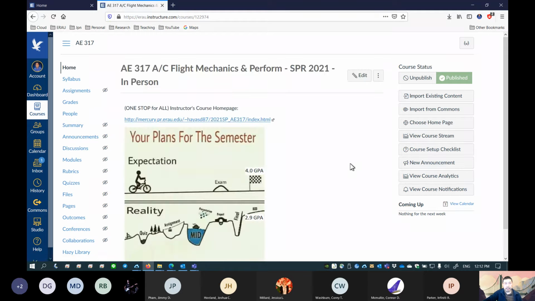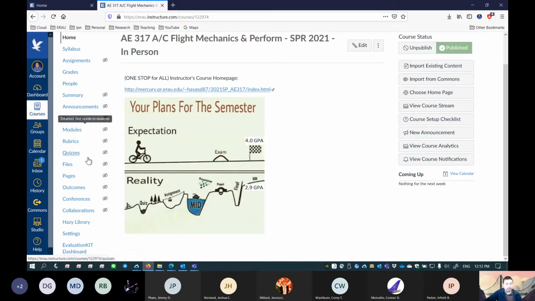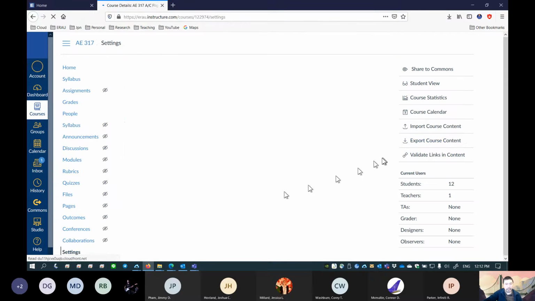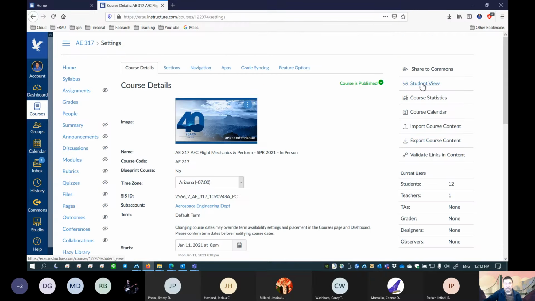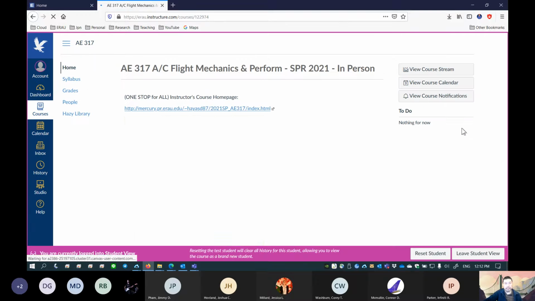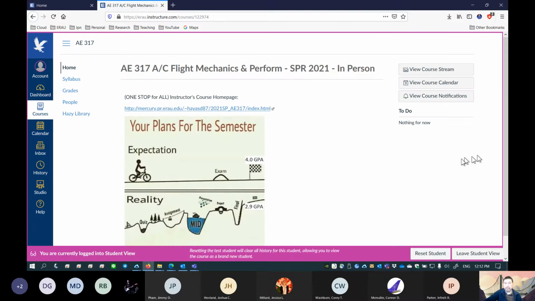Since I'm an instructor, my Canvas looks completely different from yours, so I want to mimic being a student. I'm going to go to settings and click on student view. This is a simulated student view. My Canvas, as always, is very, very simple.